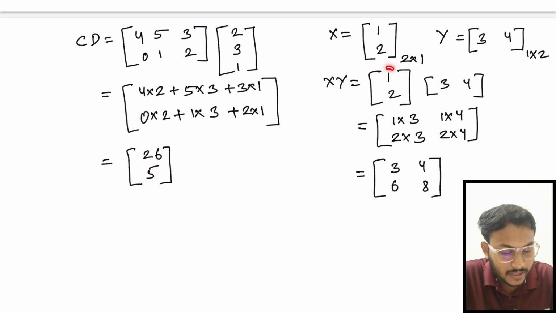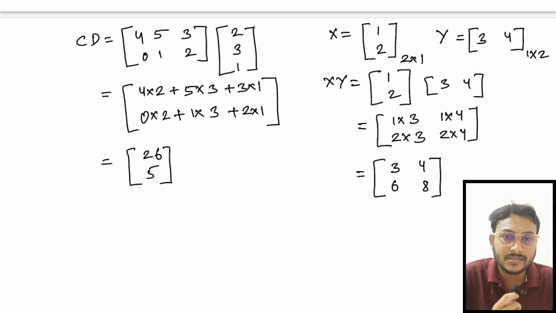So similarly 1 into 3, and similarly the second column has only one element, so therefore we just have to multiply it. Okay, similarly when we go to the second row, 2 is there, and in the column 3 is there, only one element is there, just multiply. Again second row, second column, what we have to do, 2 into 4, we have to multiply it, because only one element is there. If there was more than one element, we have to multiply the corresponding elements and then we have to add it.